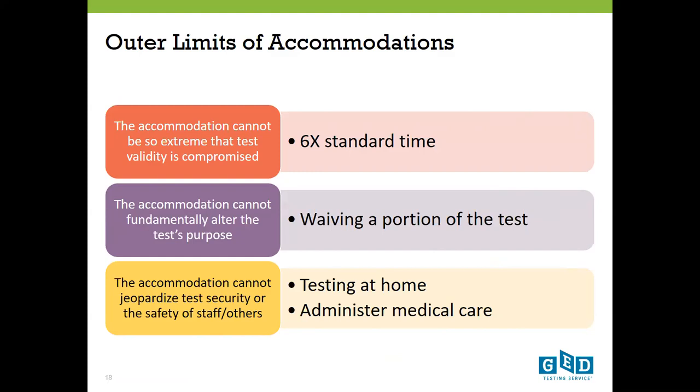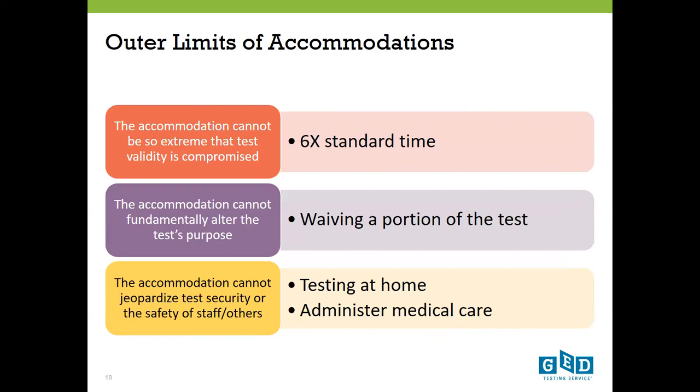But administering medical care, although our TAs can't administer medical care, we can approve a PCA to attend with the test taker, and the PCA can either be approved to sit in the waiting room and do medical care during breaks, or in cases of an extreme disabling condition, a PCA can be approved with the proper documentation to actually be in the testing room with the candidate.